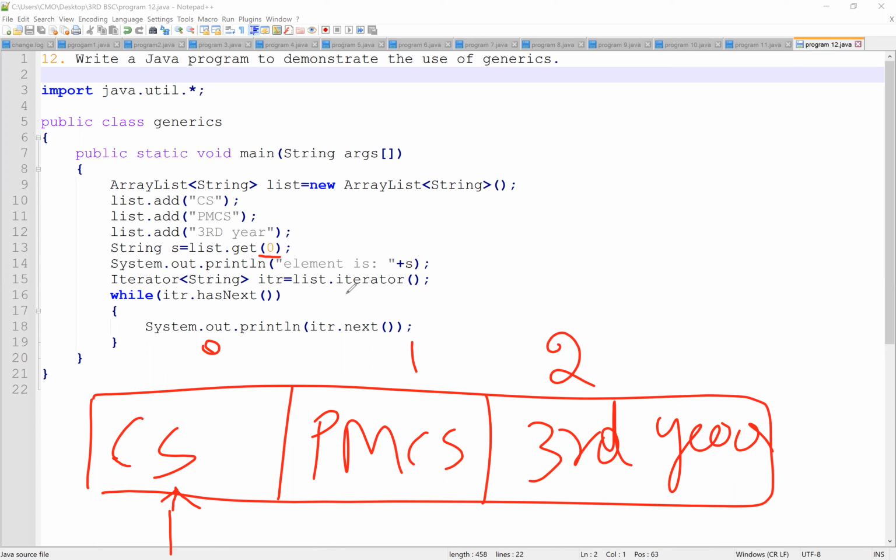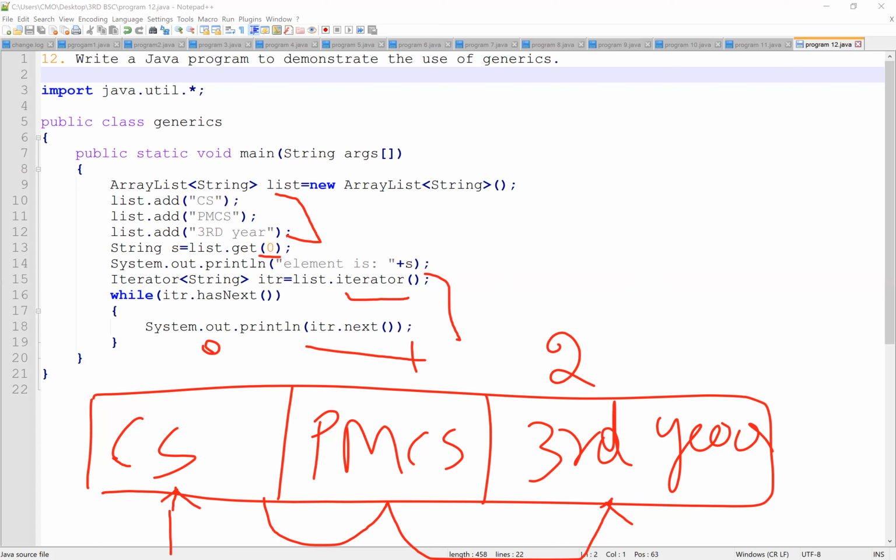That's why we are using an iterator. This System.out.println prints the elements or strings in your ArrayList. The iterator is used to iterate through your ArrayList. Since we have multiple strings, it will iterate and print each and every string.